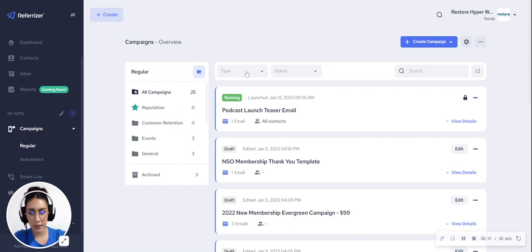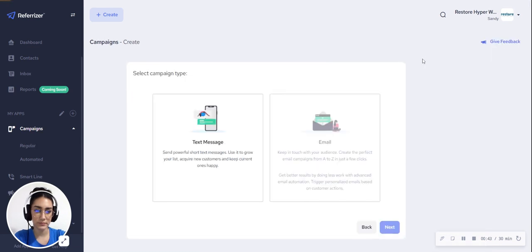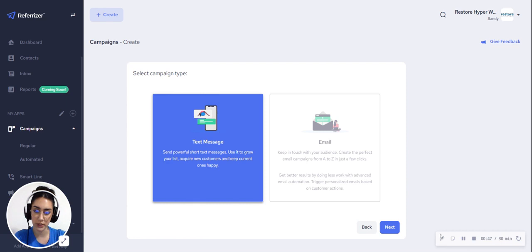So I selected the regular campaign, and then from here we want to click on this button in the top right corner that says create campaign, and we click to create a new campaign. From here we select the campaign type, which is going to be the text message. We click next,